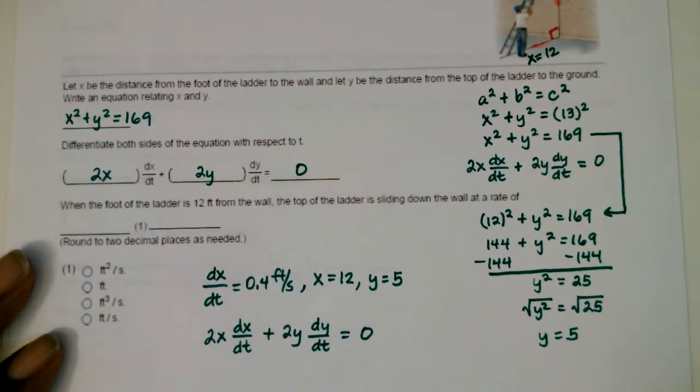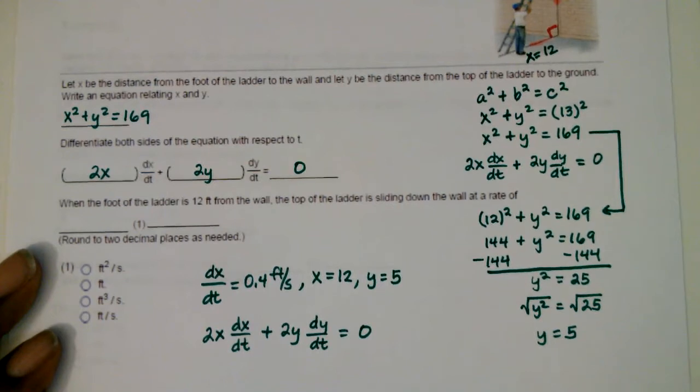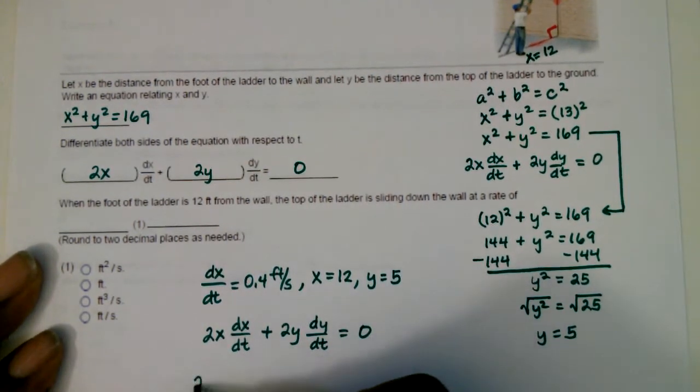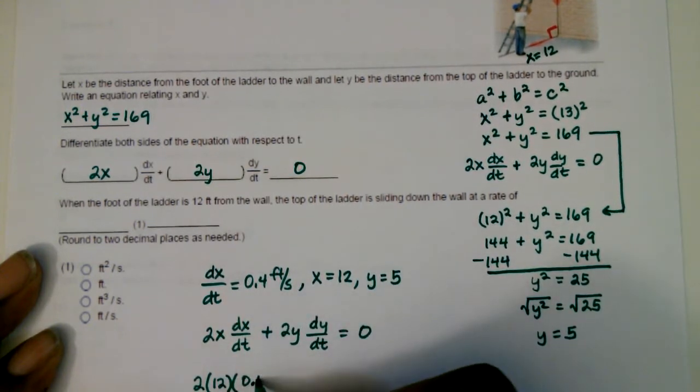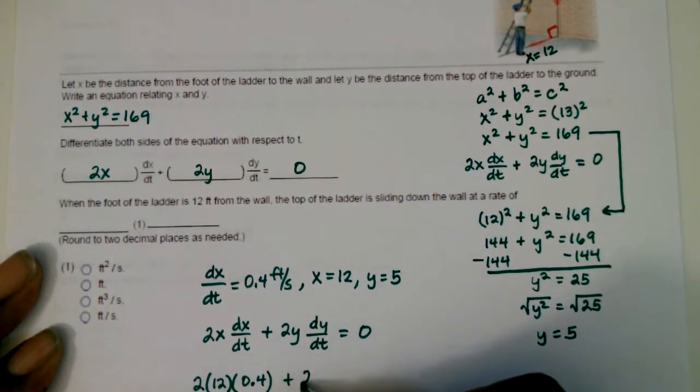Now let's go ahead and do some substitution here. All right, so here we're going to have 2 times x, which is 12, dx/dt is 0.4, plus 2 times y, which is 5,